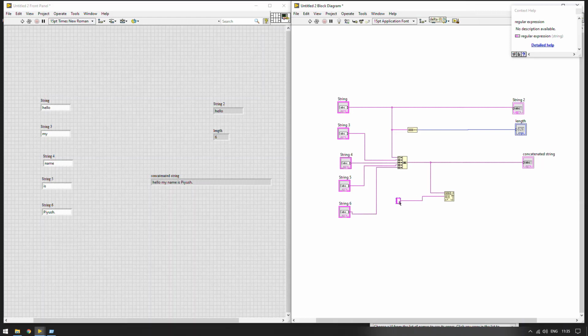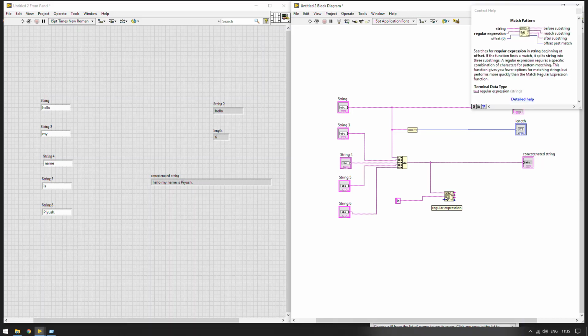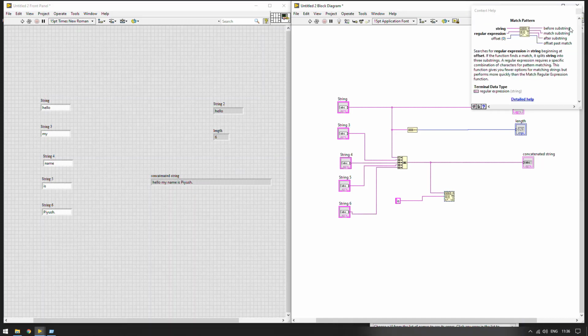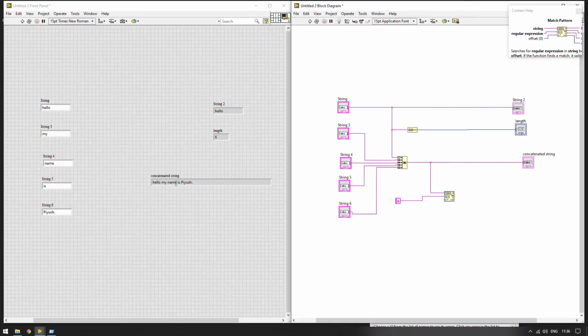Okay, so I have given this input. Look, this is a regular expression. This block is going to search for is, and it is going to give us output like before, that is hello, my name, then the matching string is, and then the after string is Piyush.